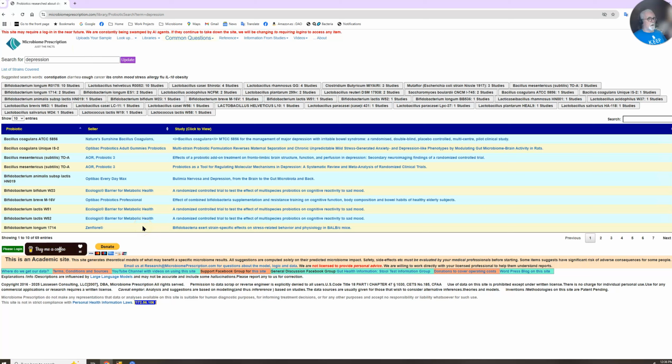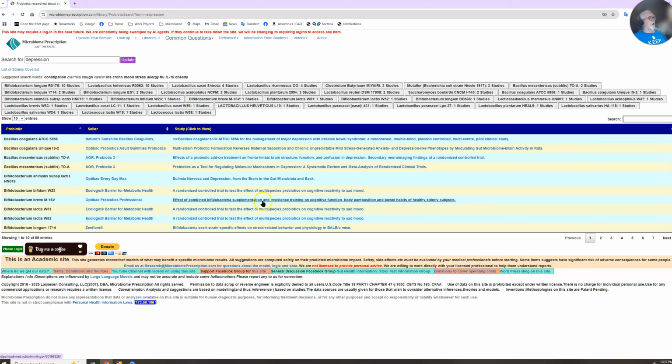But what I tend to do is look more at the species name. For example, Bifidobacterium. Okay, we have it here, also here, and here. So we have at least 14 studies, 15, 16. So we have 16 different studies where Bifidobacterium, ignoring the strain, was studied in terms of depression. Here you can go in and read the actual study if you want, but generally that caused me to say, okay, hey, you're dealing with depression, try taking Bifidobacterium.